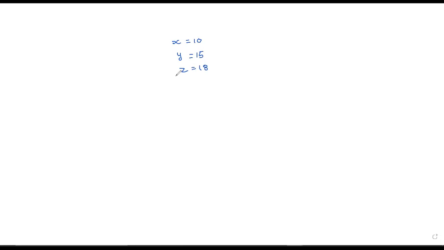These are numerical variables, as 10, 15, 18 are numbers. That's why this data is numerical data. In the same way, you can have name, suppose we give some name, suppose Kapil. Say we have branch, and the branch is computer. So in this way, you have some word as a variable. You can change the value of name.